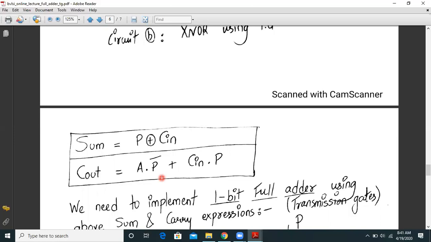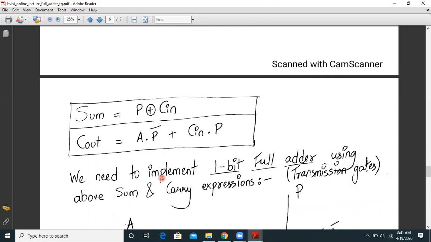Next we need to implement a 1-bit full adder using the above sum and carry expressions, and this has to be carried out using transmission gate terminology. So let us directly look into the circuit implementation.